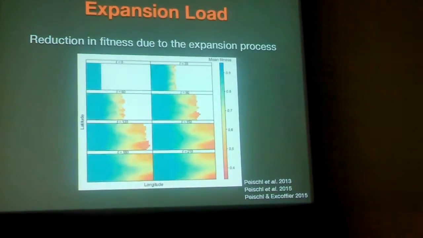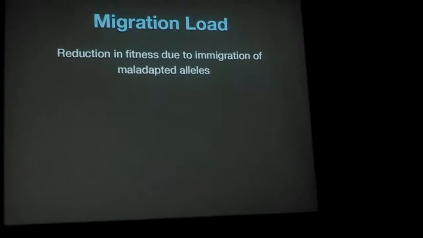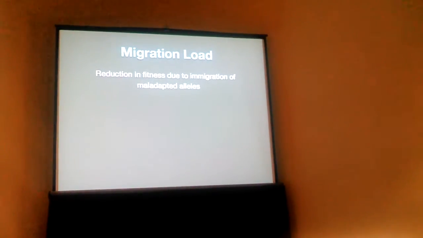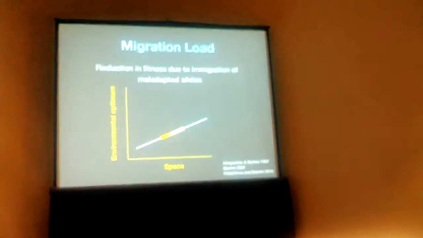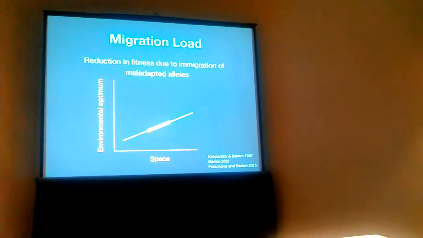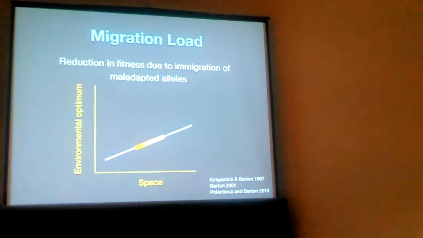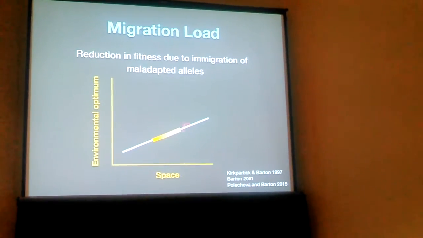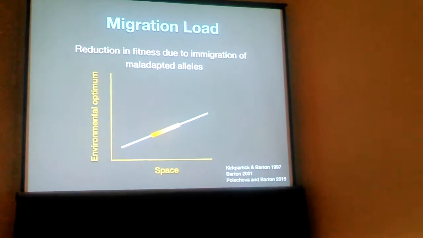Okay, so we'll move on to the second key definition, and that is migration load. Migration load is a reduction in fitness due to immigration of maladapted alleles. So what do we mean by this? There's also been a lot of work on this topic. Mark Kirkpatrick and Nick Barton, as well as Jitka Polechová, have done work looking at how populations locally adapt over space. So if we have an environmental gradient shown by this blue line here, and our population in orangish yellow existing on it,